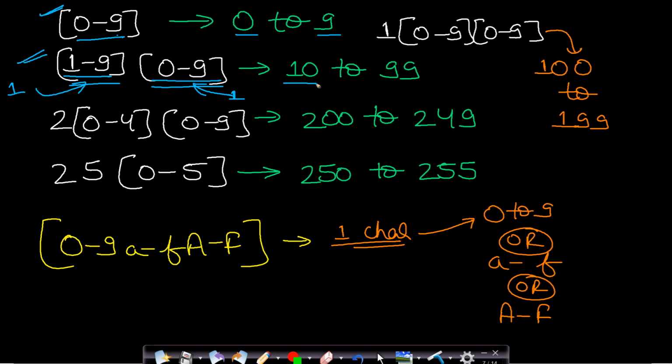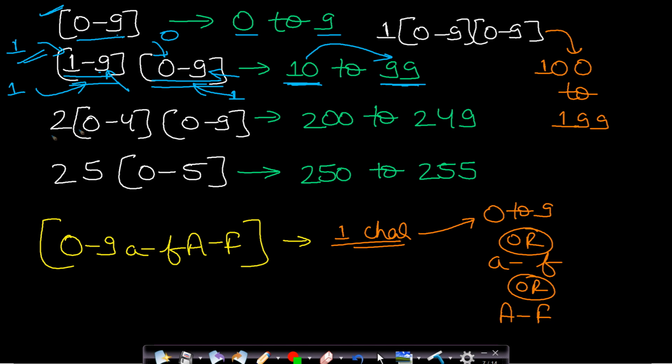So in this case, it will range from basically 10 to 99, because what will be the minimum number using these 2 digits? The minimum number can be found by picking the minimum of this range and the minimum of the second digit range. So the minimum of the first digit range is 1, the minimum of the second digit range is 0. So this will be 10. And how do you form the maximum? You will form the maximum by picking the maximum of the first digit range and the maximum of the second digit range. It will be 99. So this will also be 99.